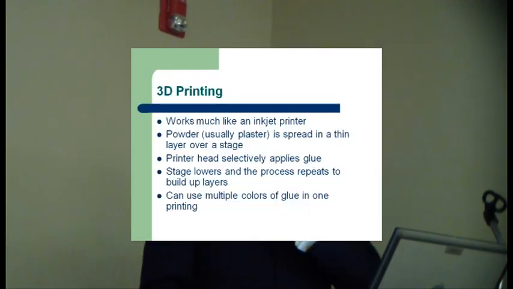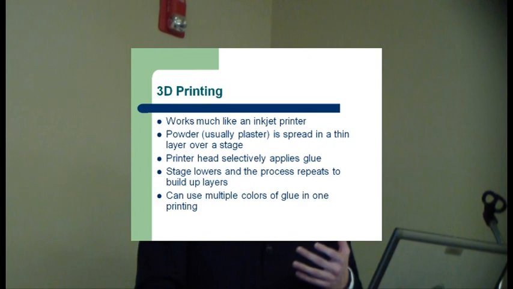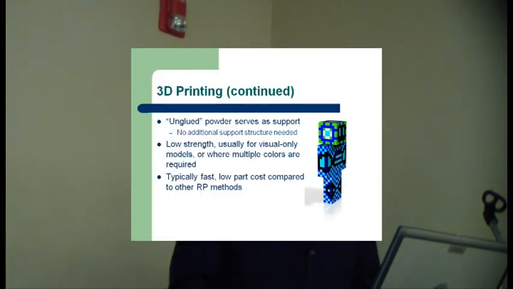Okay, now we're getting into what I consider proper 3D printing, which works much like an inkjet printer. It starts out with a platform and you spread a layer of powder, often plaster, on that platform, and then you send the printer head over it and you squirt glue down where you want to keep the material and don't squirt glue down where you don't want the material. And then the stage lowers, spread another layer of powder and put the glue on and wash, lather, rinse, repeat basically. This one can allow you to use multiple colors of glue in the same printing,